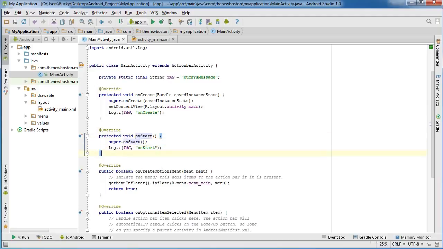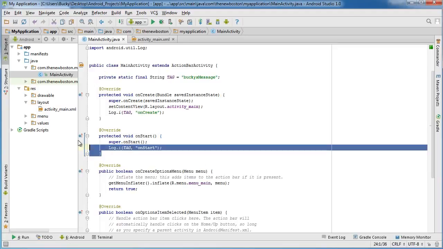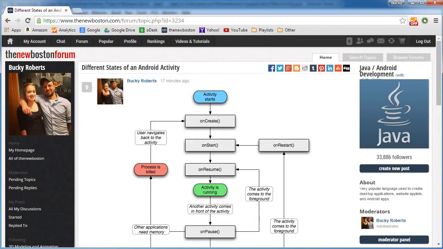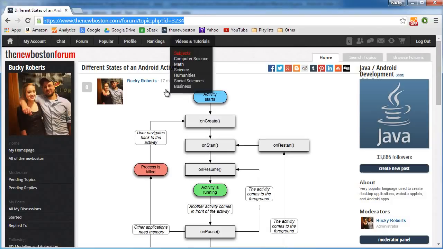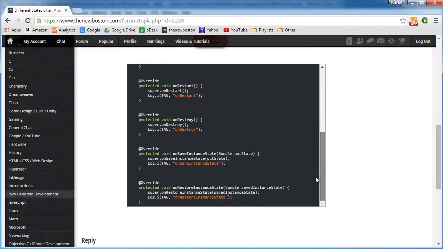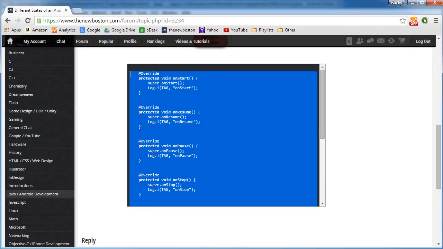Now instead of me doing the exact same thing over and over and over again, what I actually did is I took all of the methods that I want to override and I put them on my forum. So if you go to my forum, again, this is the URL. I'll put this below the video if you guys just want to click on it. But check this out. I put all the source code right there, so go ahead and copy this